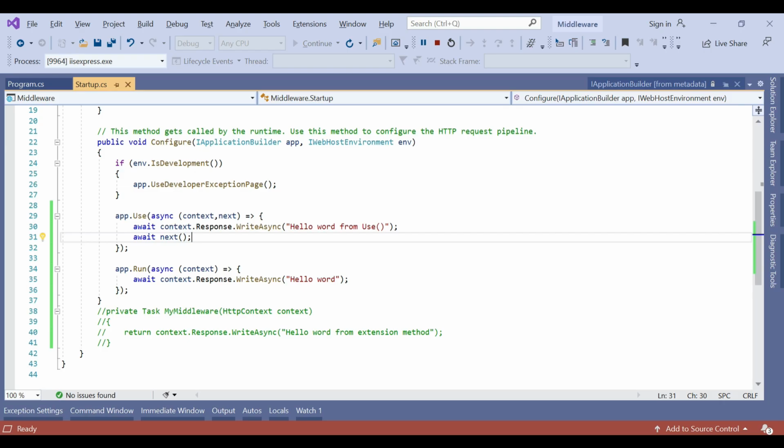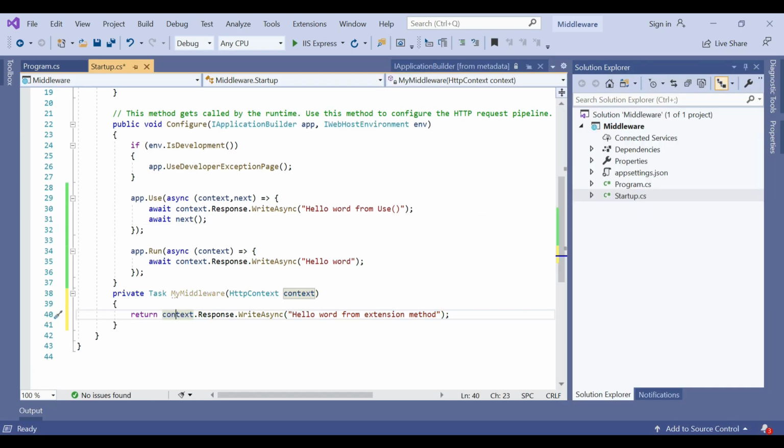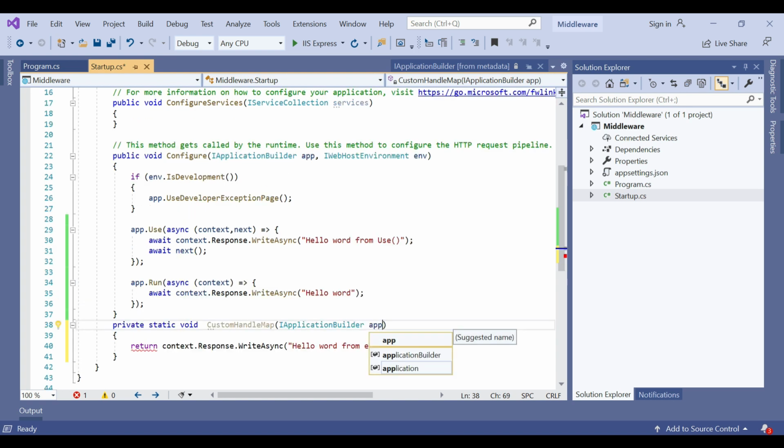Let's prove this. We need to add a custom handle map method. To add this, let's write private static void, and name it custom handle map. Then we need to add the IApplicationBuilder here, let's call it app.